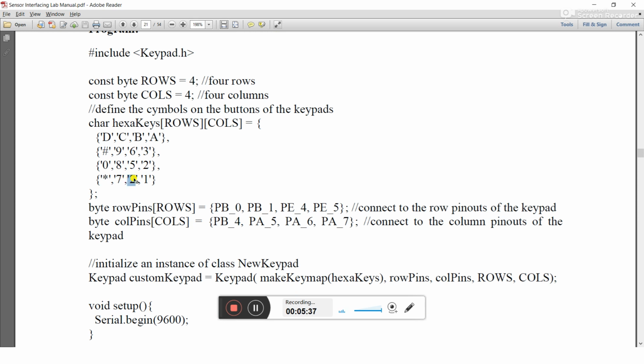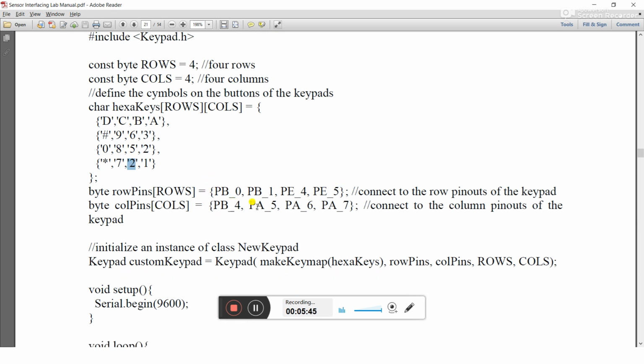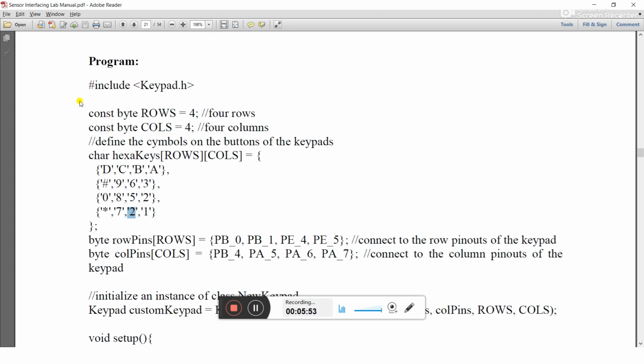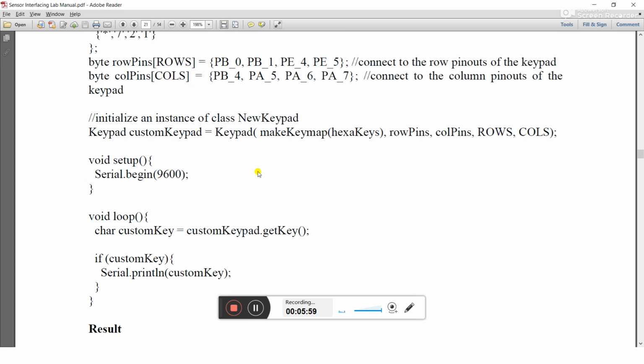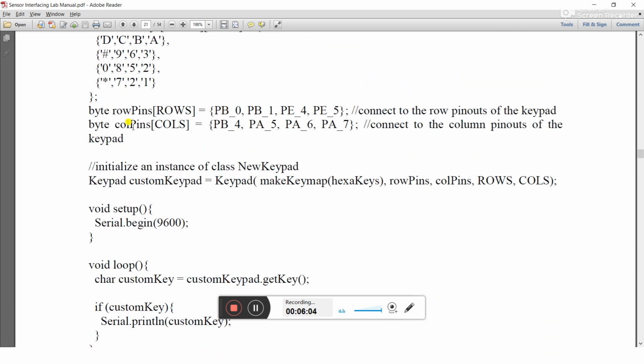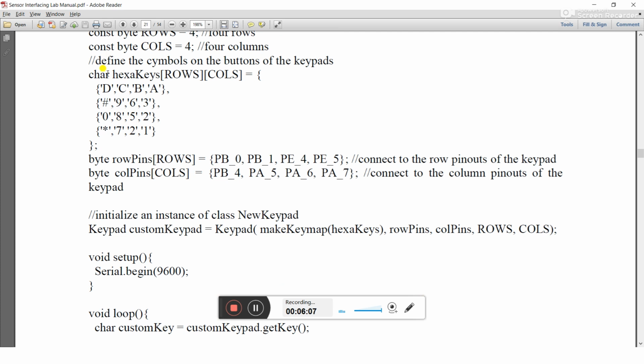So we can put the same number of pins I have considered, and I have used these pins in my experiment. There is a library file, keypad.h, which is used over there, and keypad.h basically provides me the data from the keypad. We have considered a character type structure, with one row and another column, and we have defined the structure here in the code.